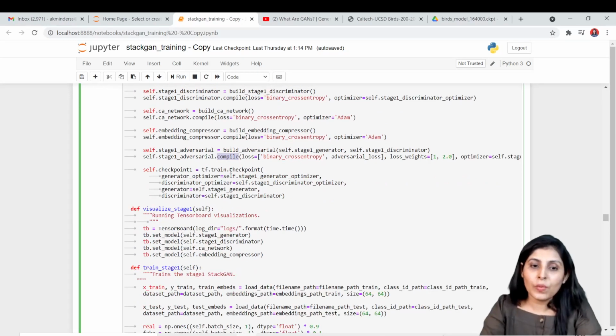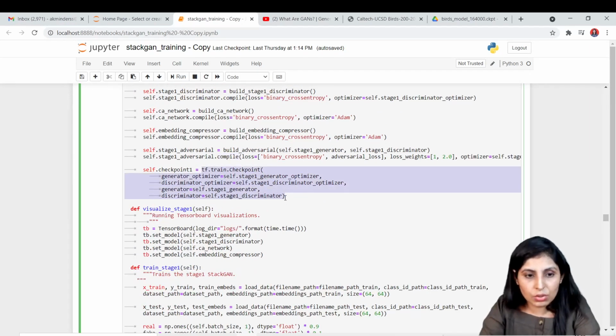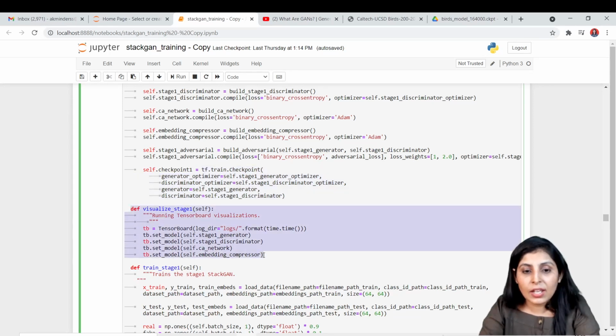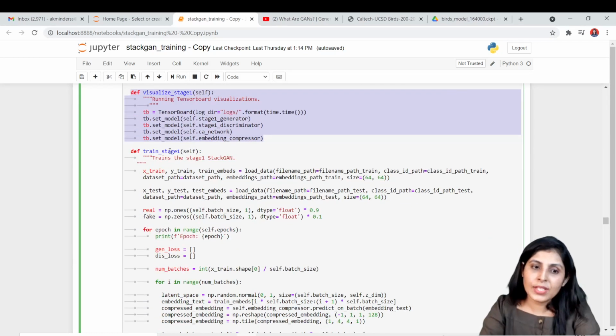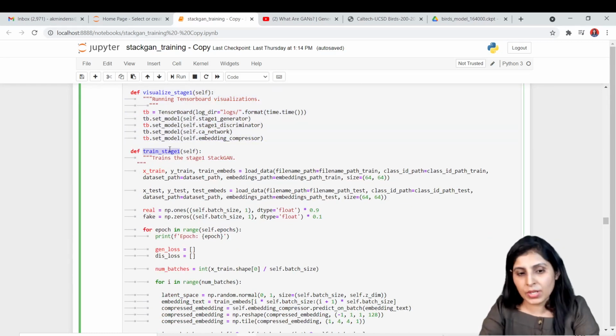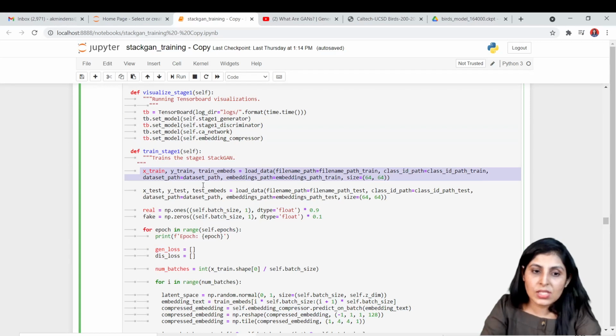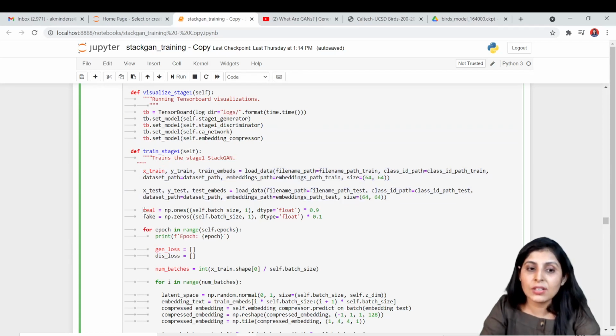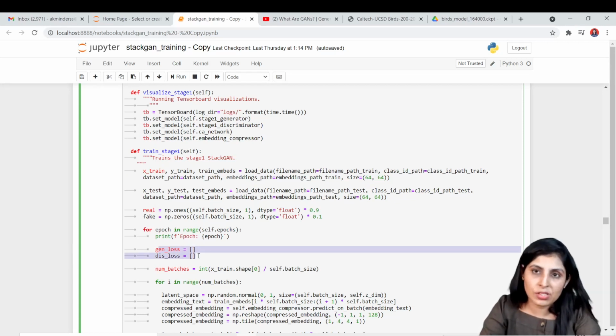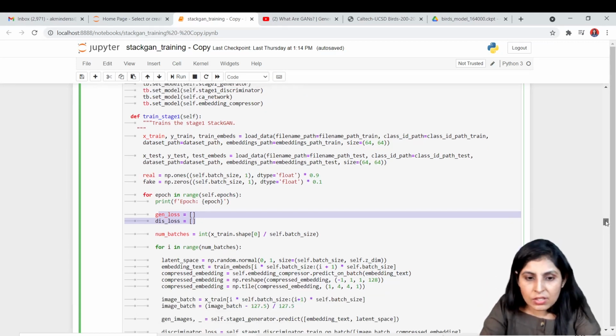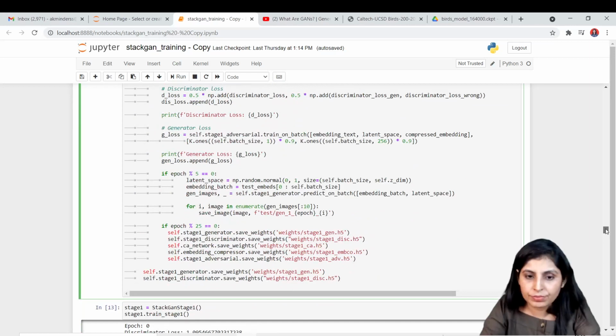After that, over here we want to store the checkpoints, so this is for that. This is again a function which will show you the results on TensorBoard, okay? And now train_stage_1 is a function which will perform the training, okay? So we have 2 lists in it. This is for training data, this is for testing data, this is for real samples, this is for fake samples, and then we have 2 blank lists. The generator loss list will store the generator losses, and this will store the discriminator losses for all the 500 epochs, right? Okay, so we are running the code now, okay?